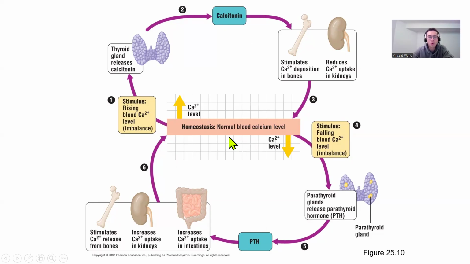We don't want too much calcium in the blood. Too much calcium can cause problems. As we'll learn, muscle contraction requires calcium, so if you have too much calcium, you might have twitching of the muscle. They might be hyperactive. You also remember, I hope, in the nervous system, the release of neurotransmitters also requires calcium,